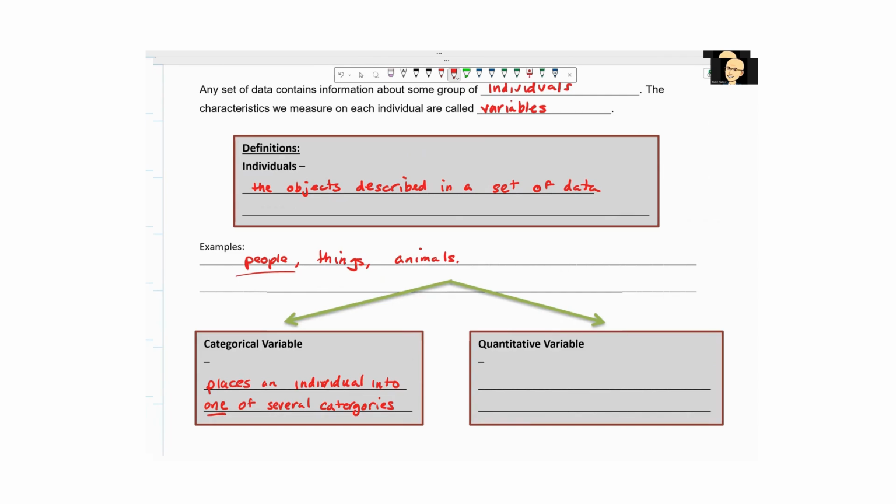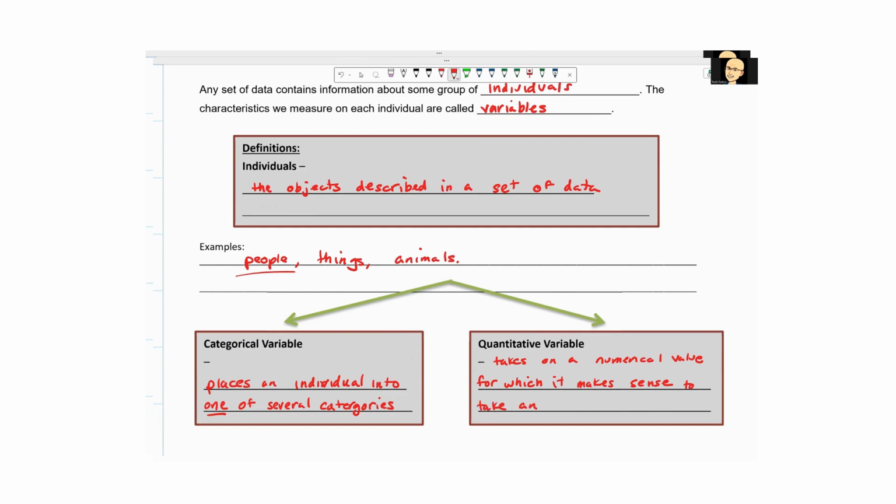Quantitative variables take on a numerical value for which it makes sense to